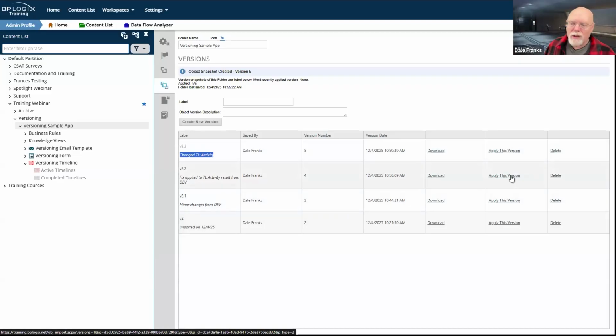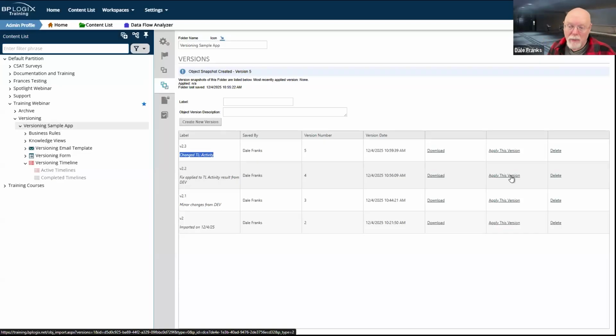So it's hard to overstate how important it is and how much time it saves if something goes wrong. So here's the problem with versioning that we run into, not only with customers, but internally as well. Making versions is a little bit of a pain. You have to go in, you have to write your label and your description, you create your new version, and then you have to change something else, and this create version thing becomes a little bit of a pain.